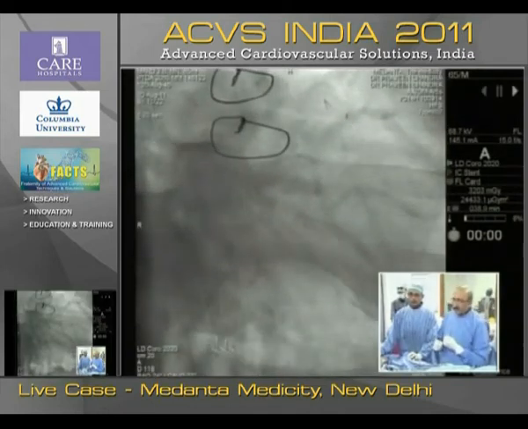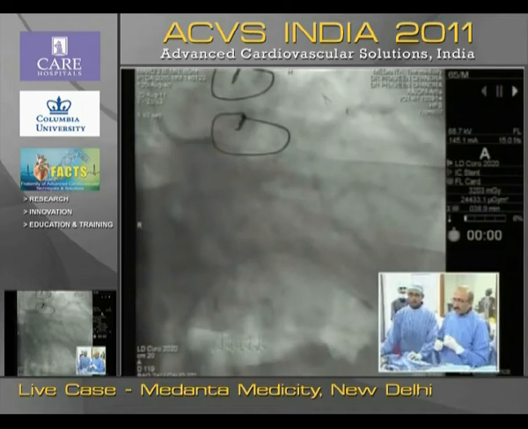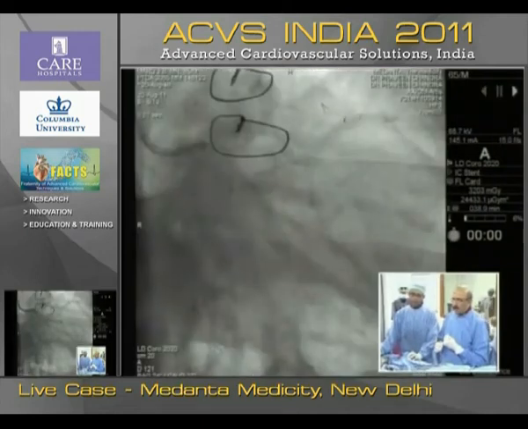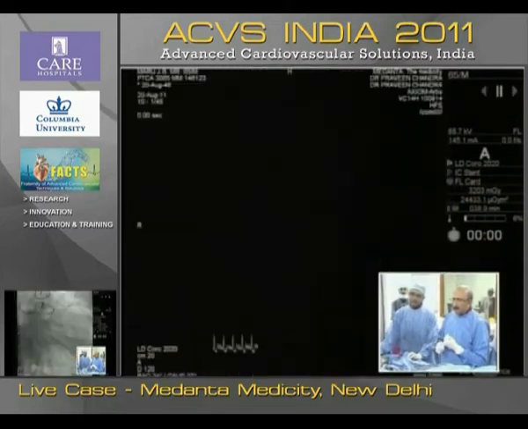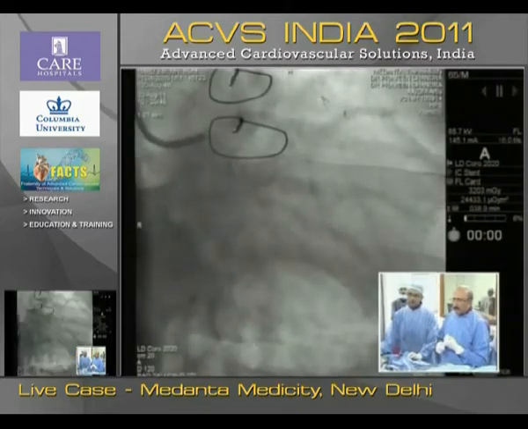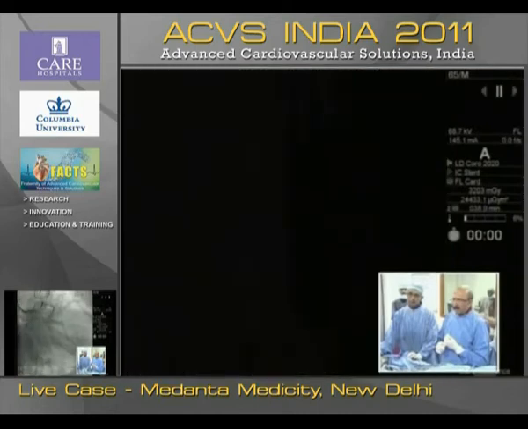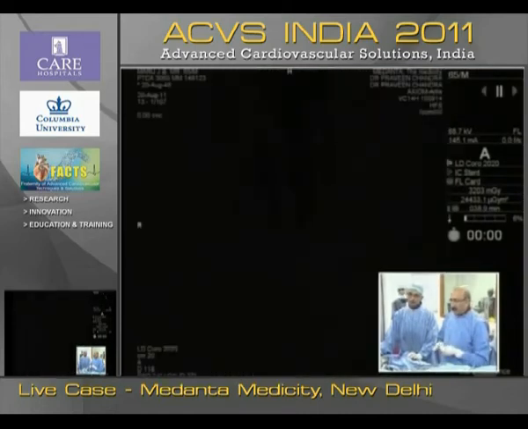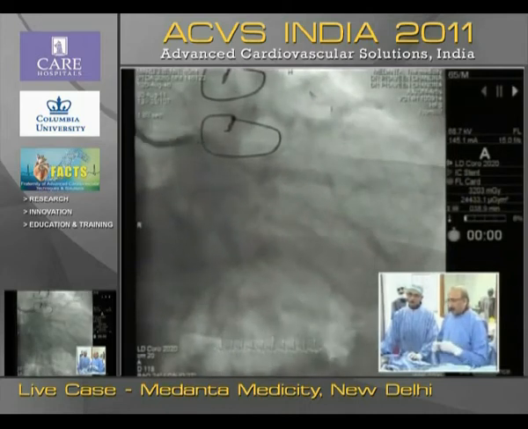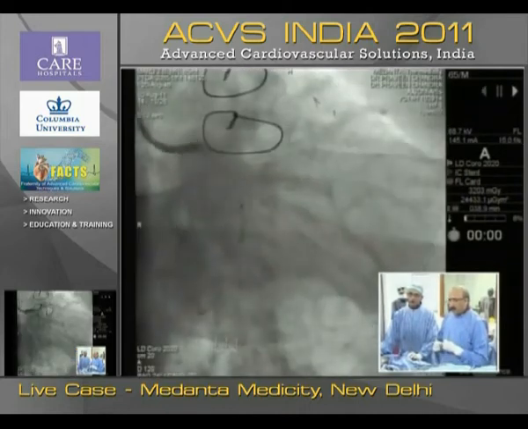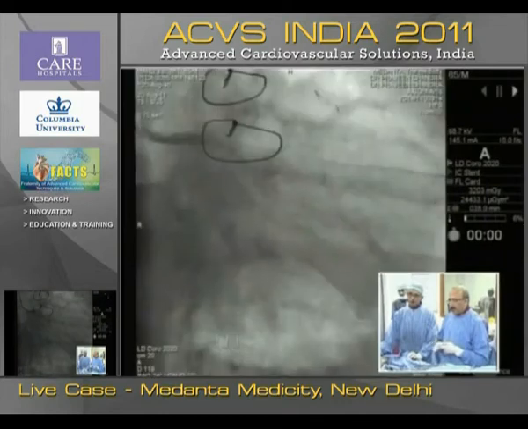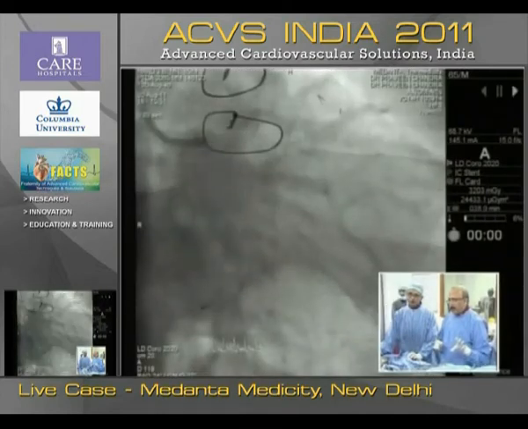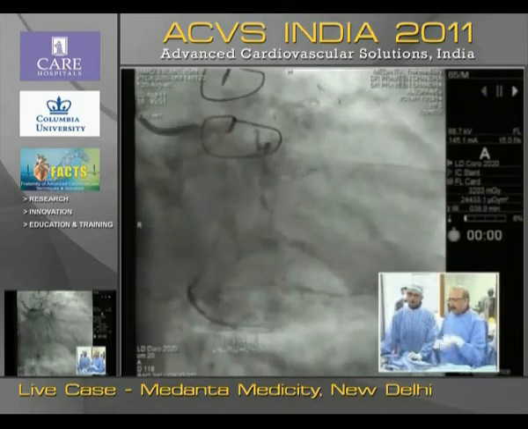And next please. Then this was followed by a dilatation with 2 millimeter balloons. And next please. And this is what we have. You see the balloon is now crossing very nicely. The vessel is very much open. It's a very big territory, so it was important that we really were able to do it. And then we did these sequential dilatations. And in the distal portion, you will see that the vessel is quite thinned out.